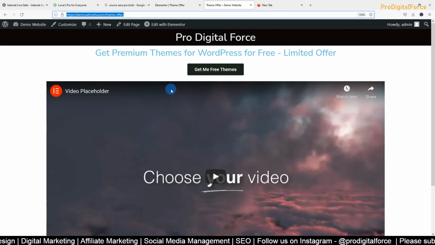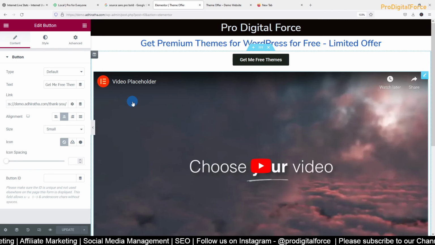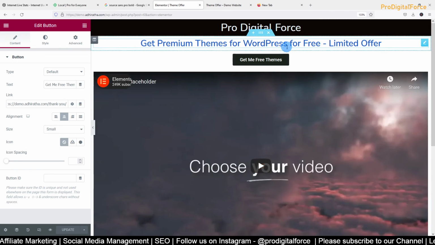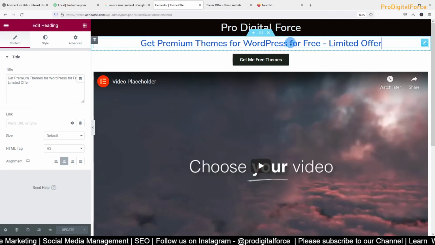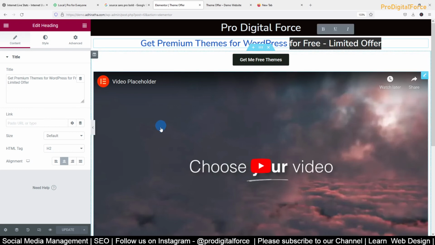See, maybe in this page, I want to highlight something here. So what I can do, I can come here again. For free, limited offer, right? Now this I wanted to be highlighted.